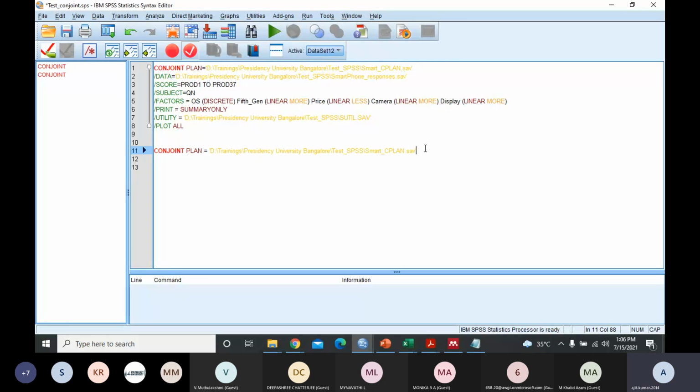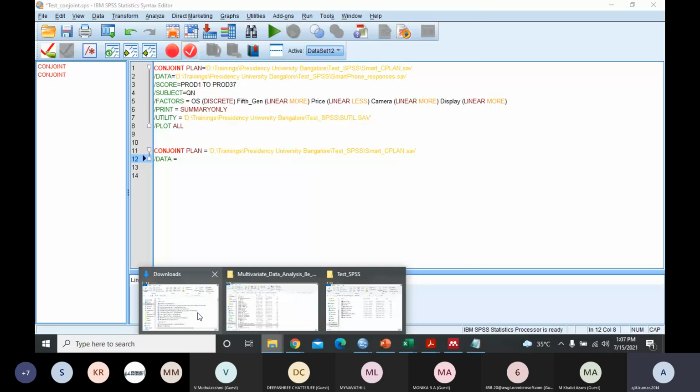Now either you keep on writing here, or you can go to the next line, and then you give this forward slash, and then you select data, and then data is equal to. Here we are supposed to give the path and the name of the consumer response file.